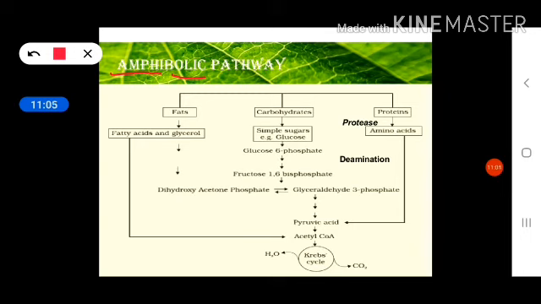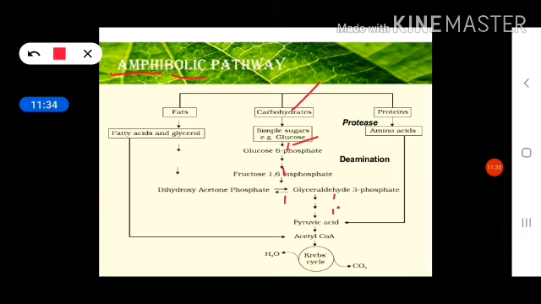So in this way, any type of respiratory substrate will be catabolized, as well as at any step it can be utilized in an anabolic process for the production of complex substances which are required by a cell. If it is a cell which contains chlorophyll, then various intermediates will be required for the production of chlorophyll pigment. If it is a specialized cell for the storage of fat, then other types of intermediates will be formed.